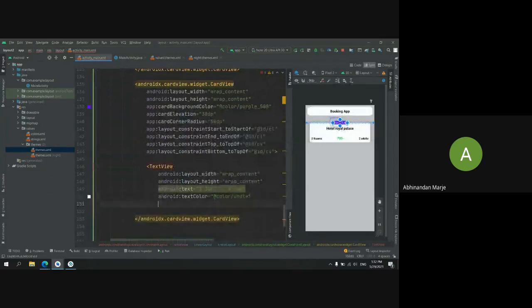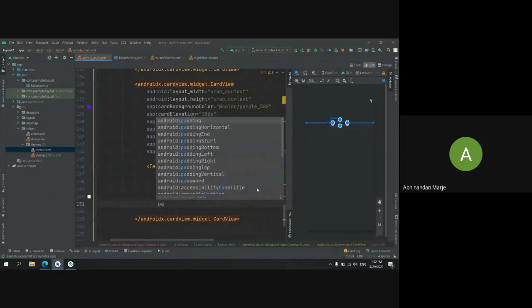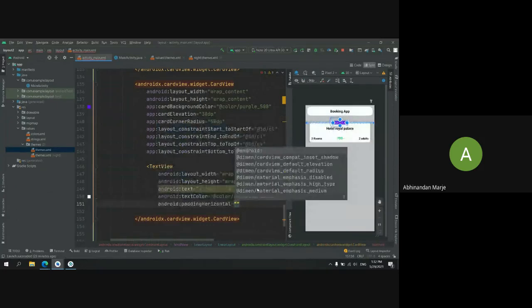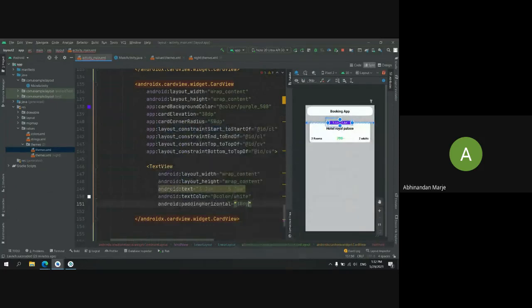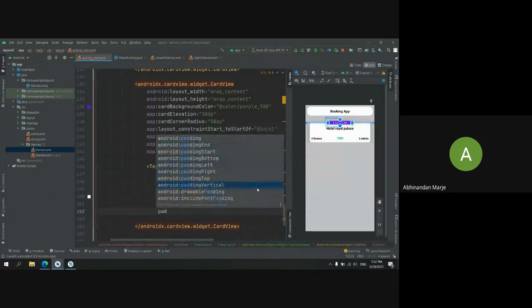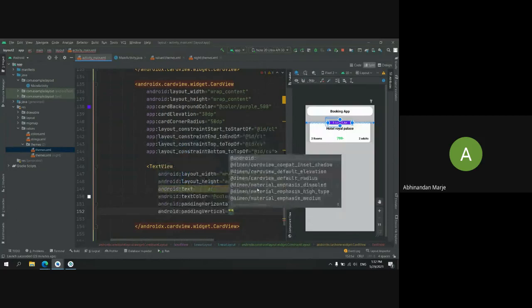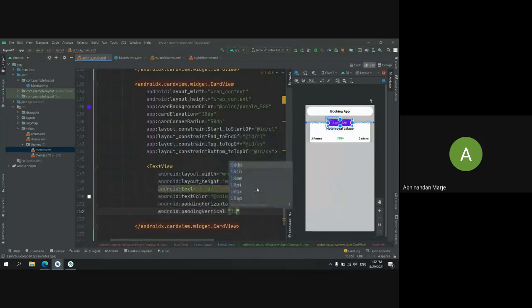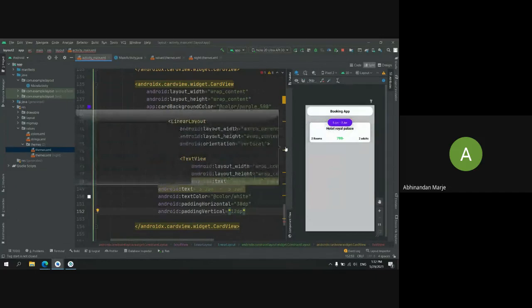It is now visible. Around padding, now padding horizontal should be like 8 dp, and padding vertical should be like, say, 10, let's say 12 dp is okay. Yeah, you can see the layout is ready.